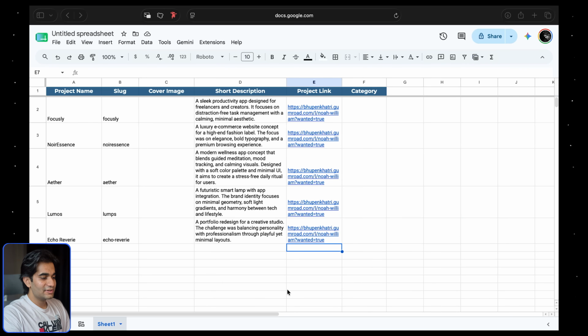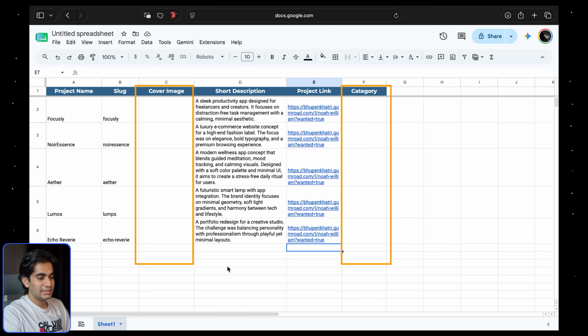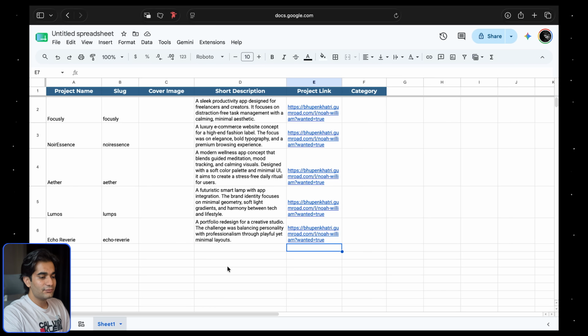Quick look at the sheet first. Headers match with fields, and each row contains a project which will be added as an item in the projects collection. Now notice, I left two columns empty on purpose here, cover image and category. Image because I want to pick the photo myself to control the quality and resolution setting. And category, well, you're about to see exactly why.